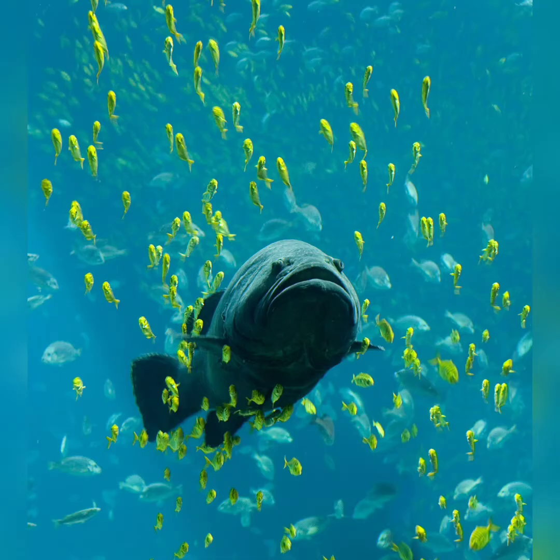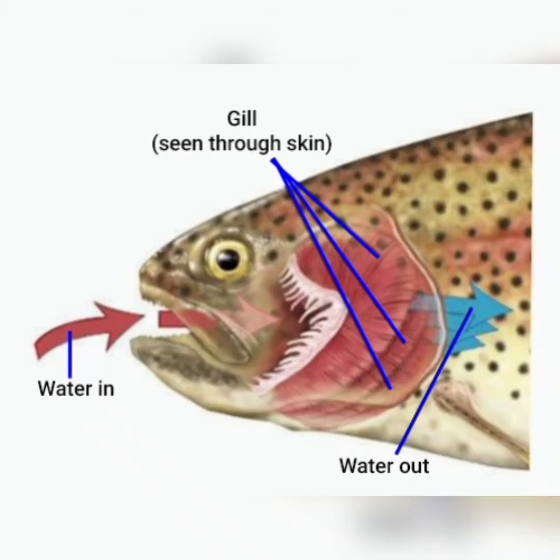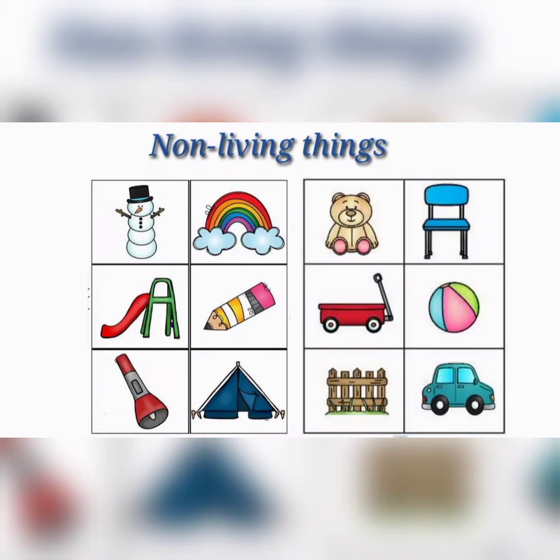Next one is fish. Fish live in water. They cannot take atmospheric oxygen from the air directly. They take oxygen dissolved in the water. They possess special structures called gills for the process of breathing. In fishes, gills are responsible for breathing. So here we can see all living organisms can breathe, but with different organs for breathing. Non-living things cannot breathe because they are non-living.